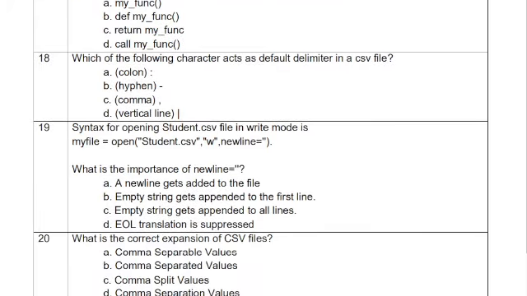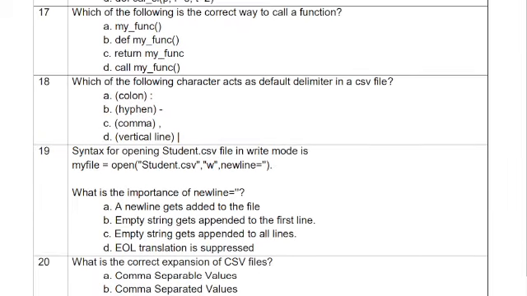Then question number 17, sorry, 16. Which of the following function headers is correct? You can see def calculate_SI(P=100, R, T=2). It is not correct because there is one value, R, that is not given a default.